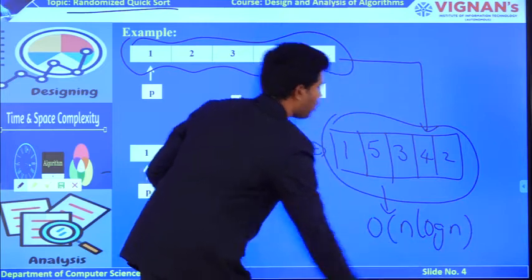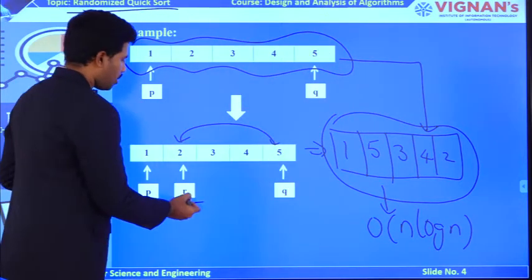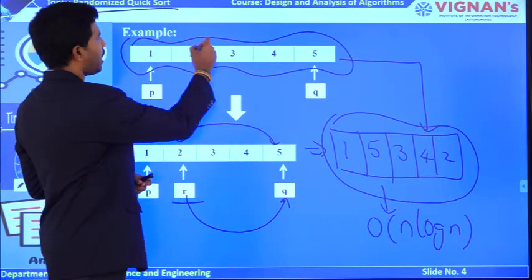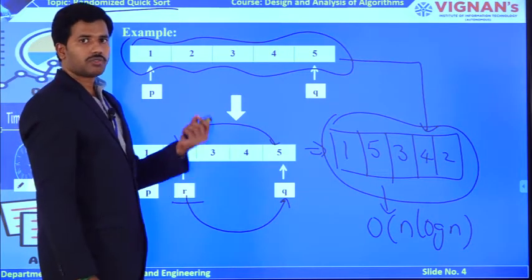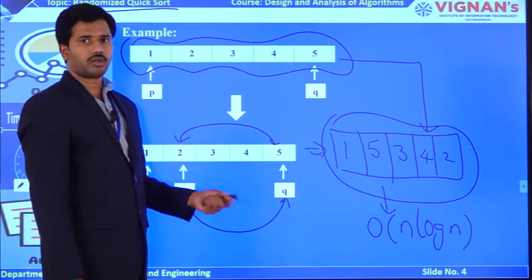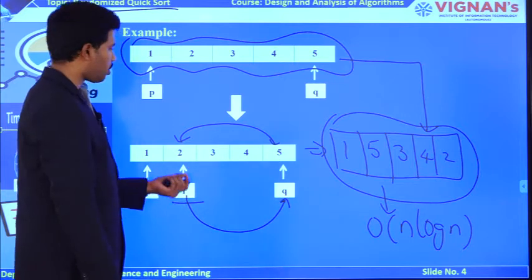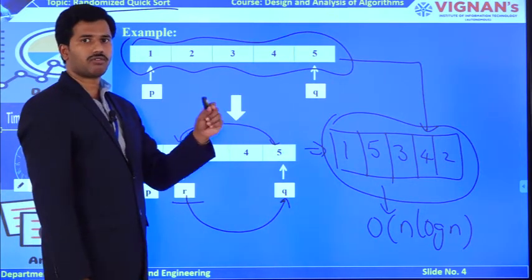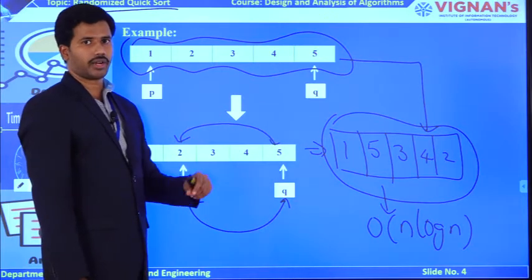So with this simple swapping of a random variable with the last index of the array, I can convert my input array from sorted to unsorted order, converting the order of n square into n log n. So with this simple procedure, you are going to have the capability to convert the worst case performance of quicksort, order of n square, into n log n, right?